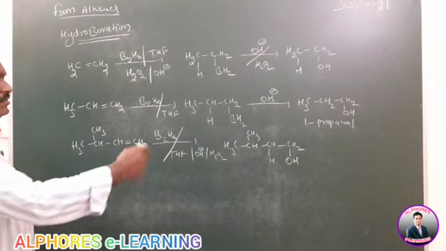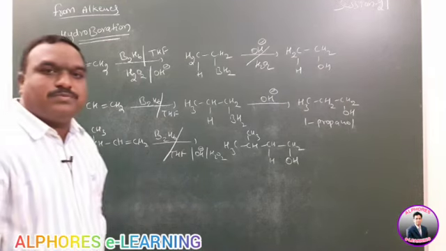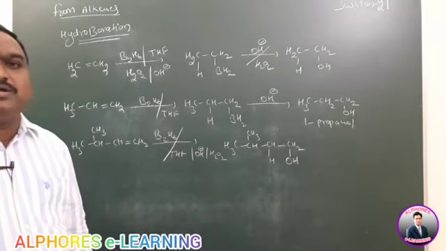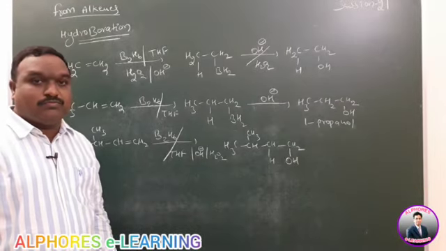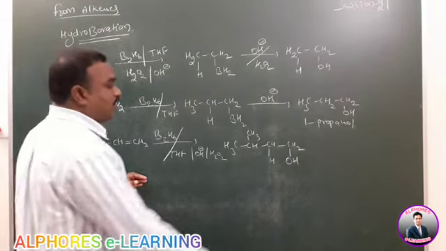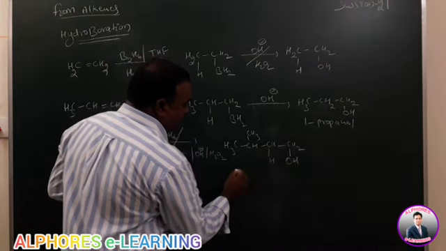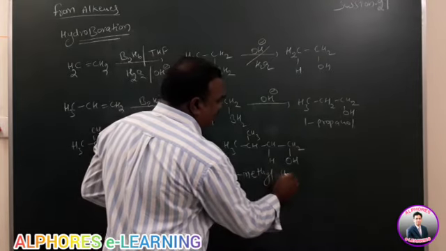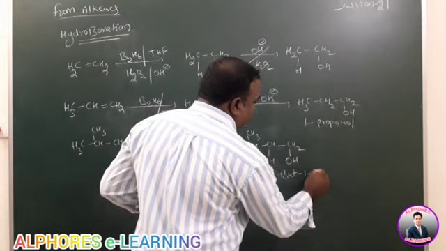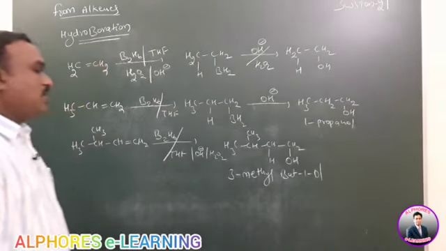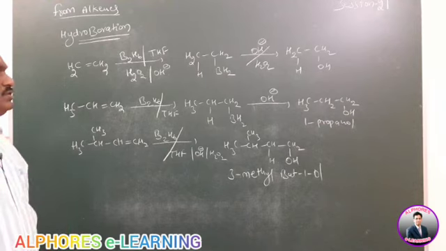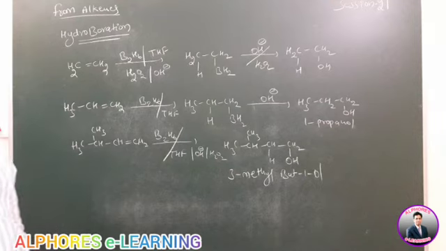If you write the rearrangement, the formed product is the wrong one. You remember, a hydroboration oxidation reaction is given, so we have to write the product without rearrangement. Without rearrangement, the formed product is 3-methyl-1-butanol. The 3-methyl-1-butanol compound is formed here. This is the way to write hydroboration reactions.